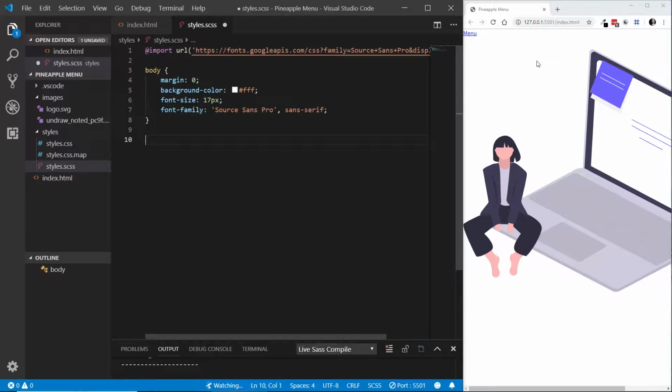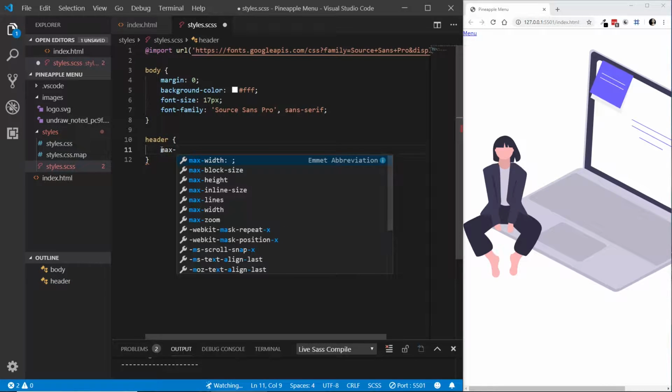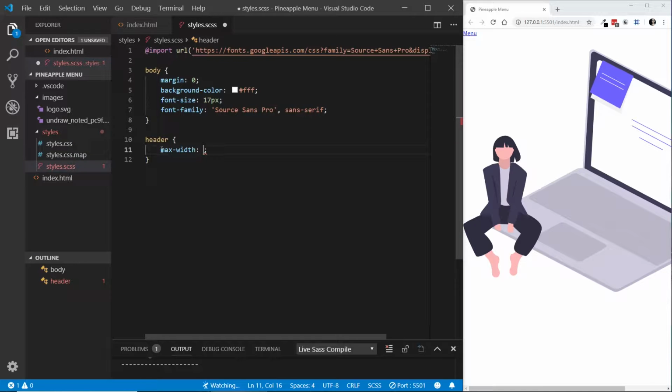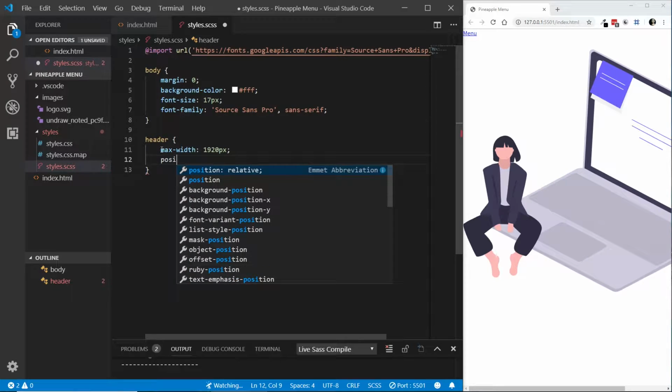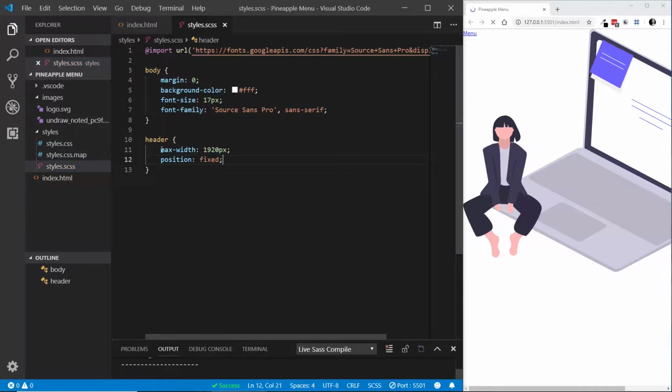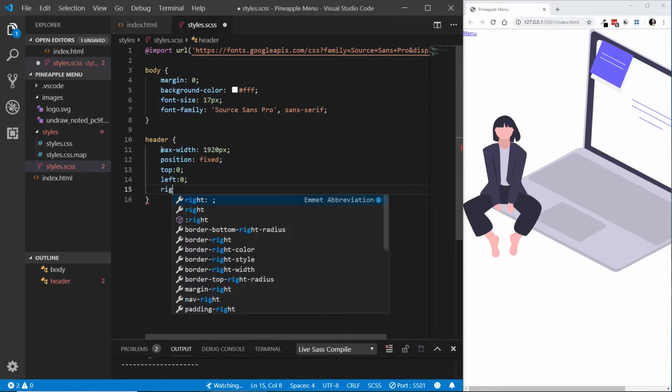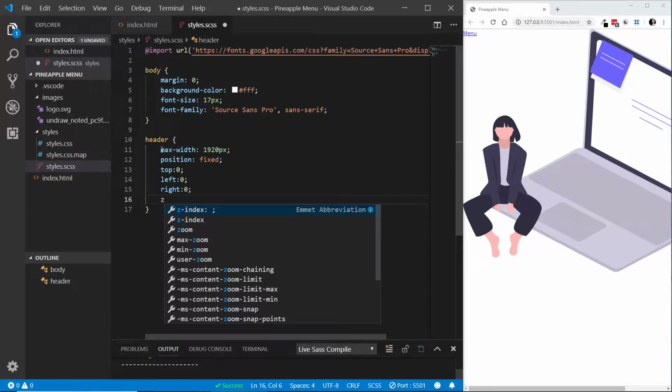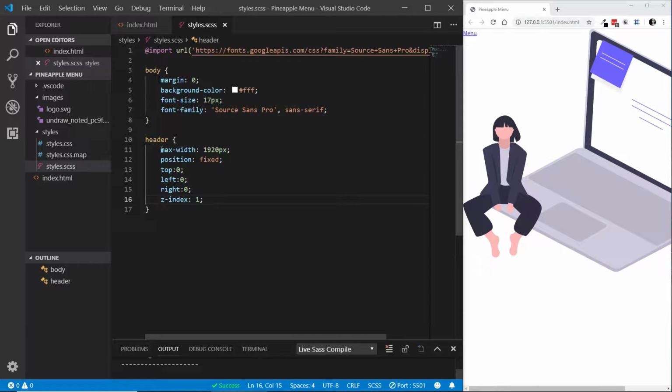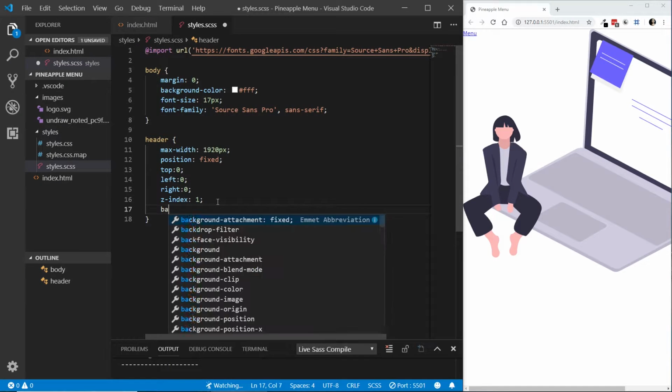For the header, I want to change the color first so we can see what's going on. And because we're using HTML5, we can just target the header like this. Let's say, this won't matter in this tutorial as much, but let's say maximum width to be 920 pixels. I want the header to be position fixed, so when we scroll down it stays at the top. So let's do top to be 0, left, right 0. Z-index, we can set it to 1 so it goes over the content, and let's set the background color as well